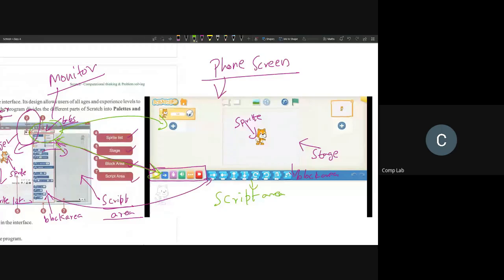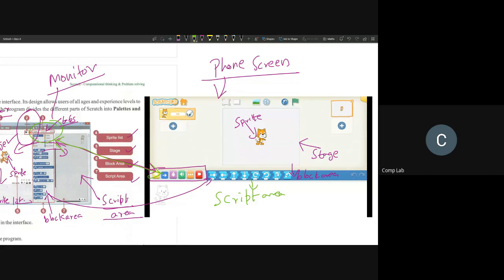You can see this plus icon, and then one more plus icon here. Our tabs are distributed in different places across the Scratch Junior app. We'll be seeing those in detail. Let's not discuss them now. These are actually to add and manage our sprites. We'll see those in some time.